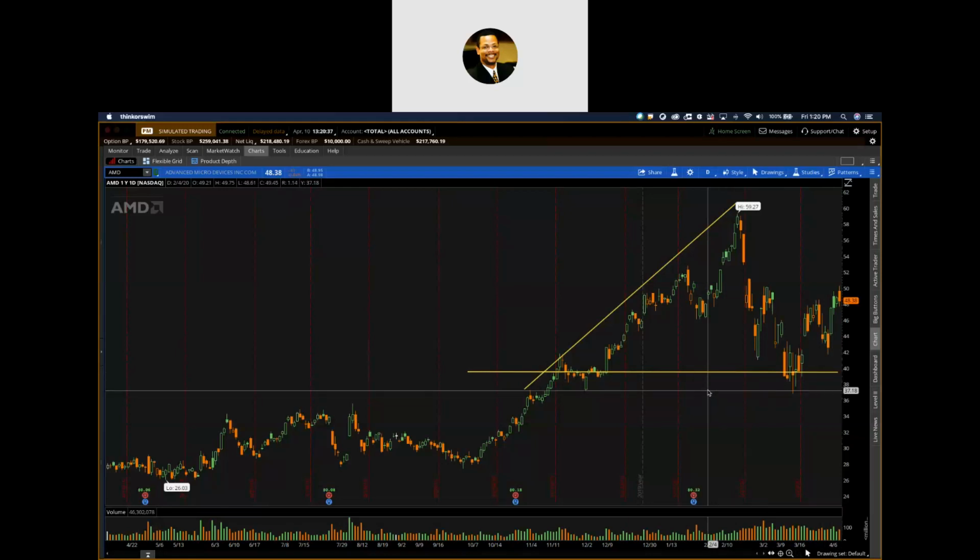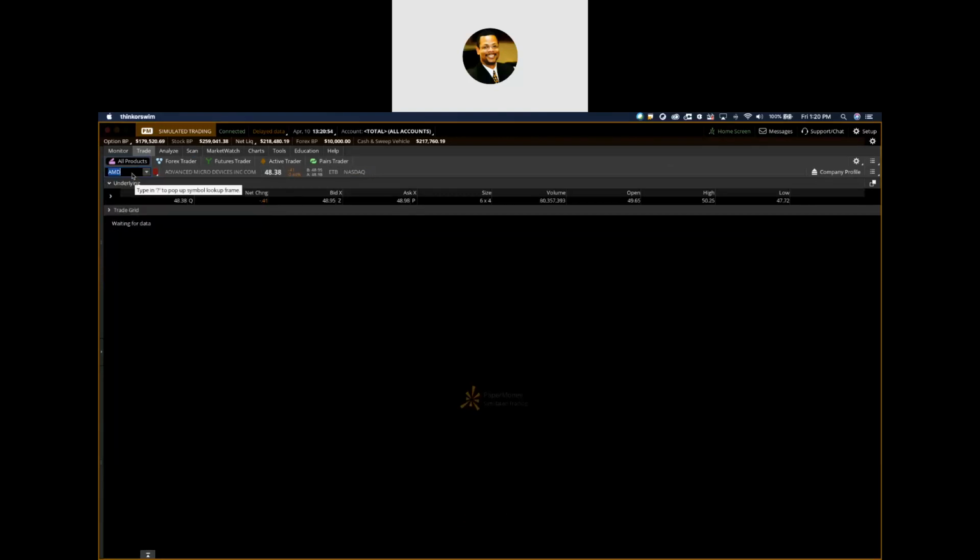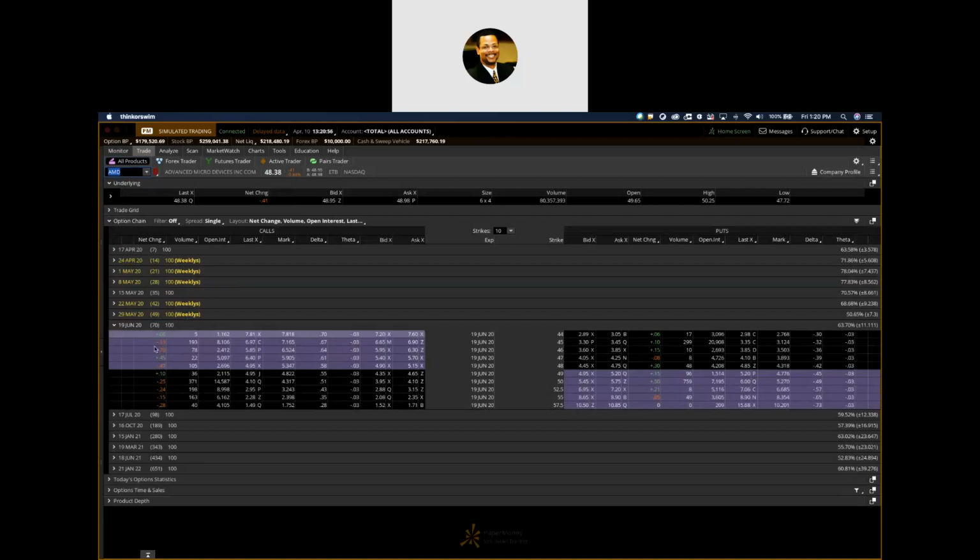So as I think about it, I take two positions in my mind. How aggressive am I to do AMD considering the cost? And what do I want to do with AMD considering the cost? So I'll look at a couple of things before I make that decision. I'm going to go over to my trade tab and put in AMD so I can see what the options look like on AMD for the next 45 to 60 days. So I have a 35-day option.